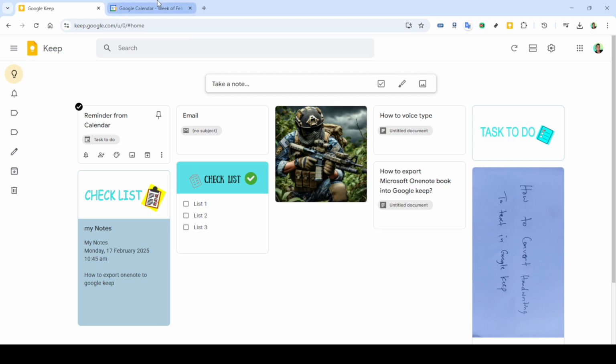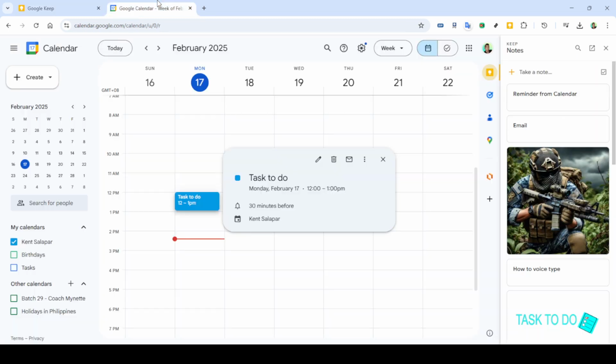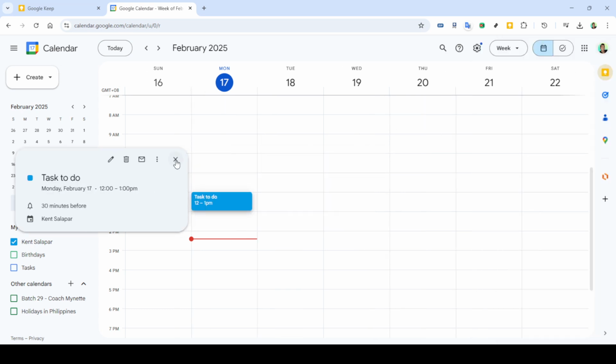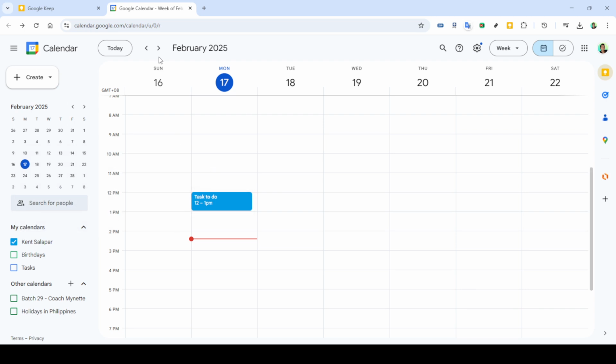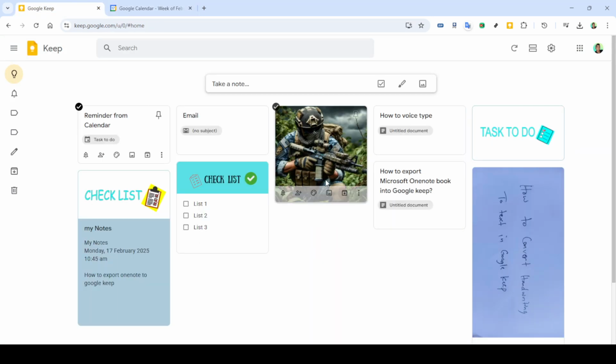Now head back over to Google Keep where you'll see that your note has been successfully synced or linked with your calendar. This simple integration now allows the note to reflect within your Google Calendar so you can stay on top of all your tasks and reminders. And there you have it. By following these steps, you've linked Google